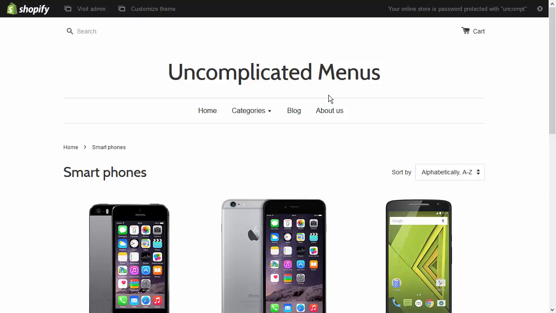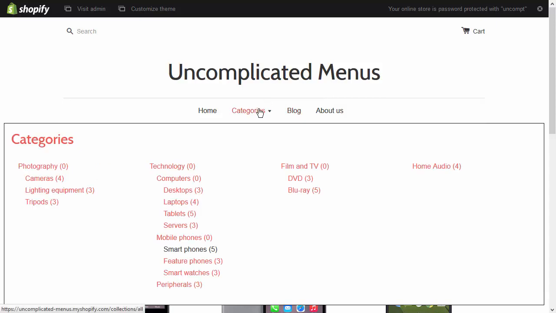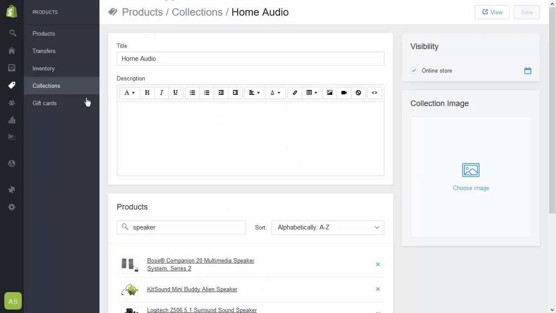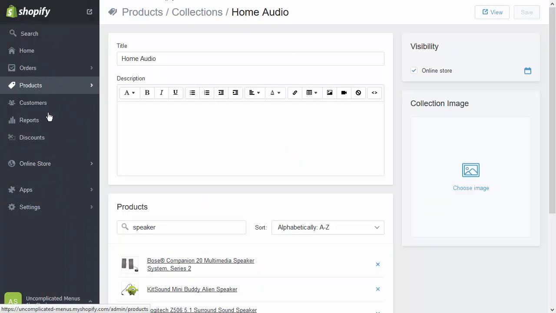What I'm going to do next is change my top level menu so that I can link to different points in this category tree. What I've done so far is have one section that contains categories and then all of the subcategories are contained within that. But there's no reason why this top level menu can't have some of these top level categories, or in fact the subcategories in them. And what Uncomplicated Menus will do is link all the things together so you can have all these multiple points side by side. To do that, as with all these changes, I drive it by going into the online store